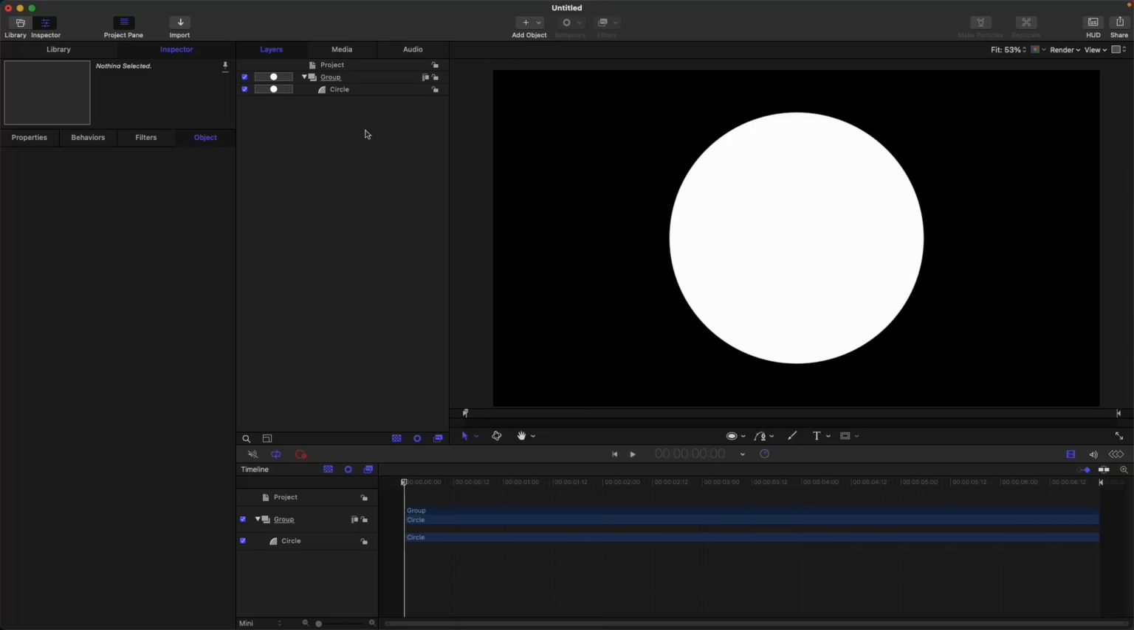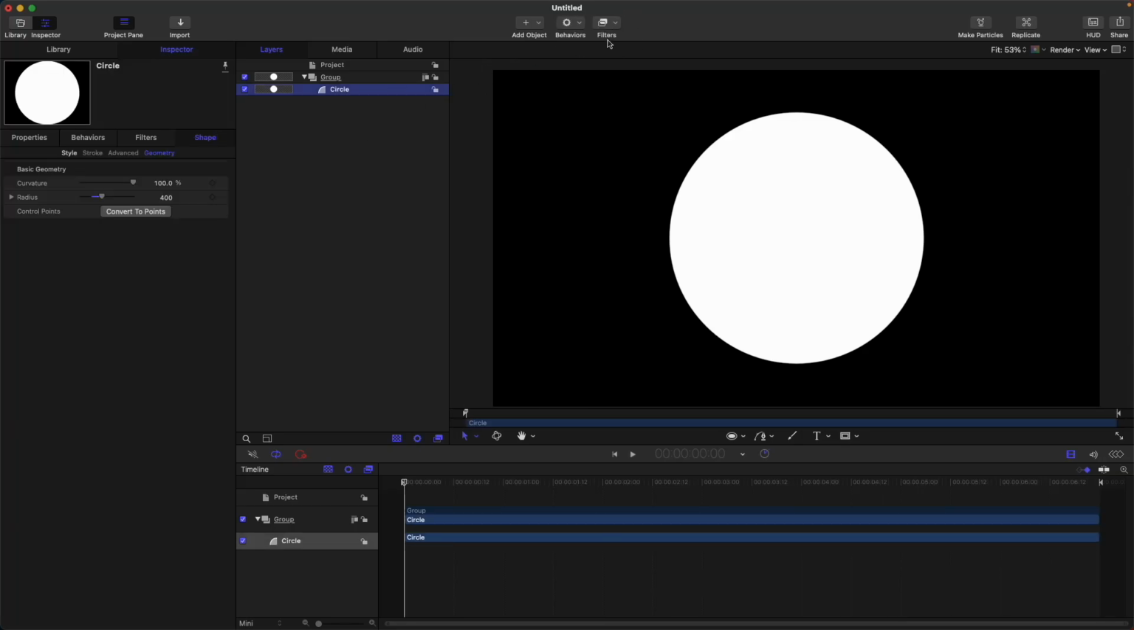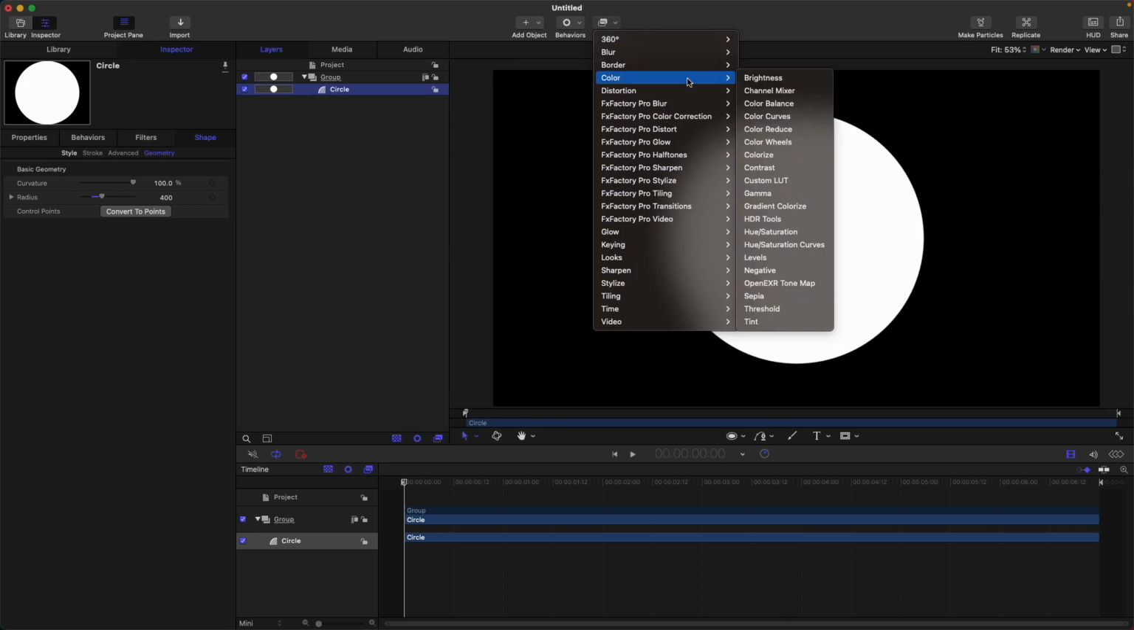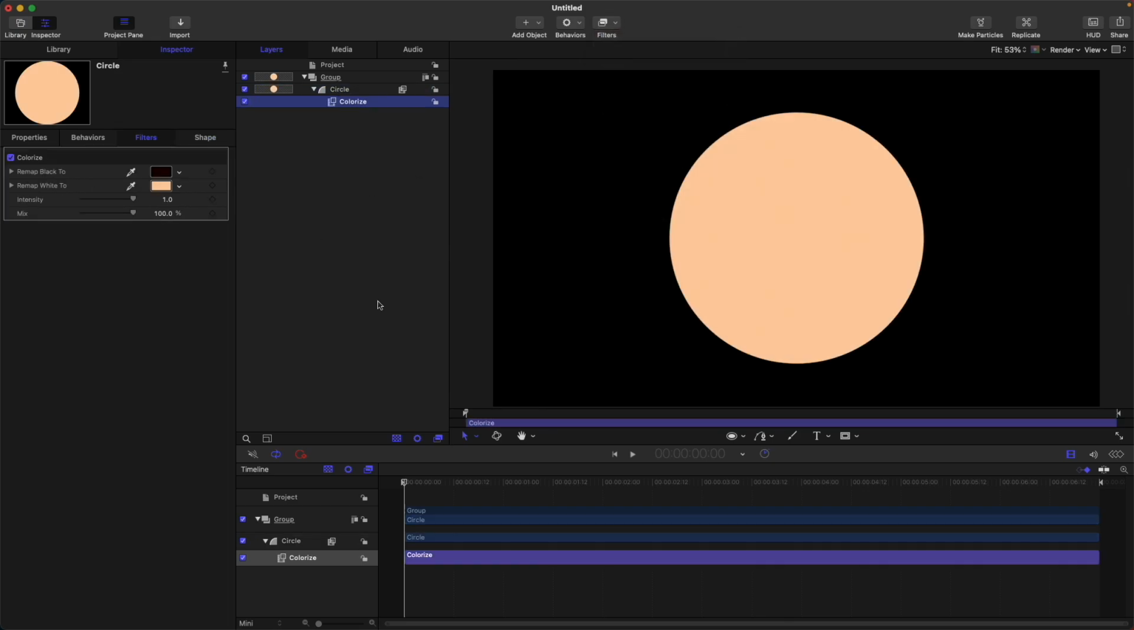Colorize filter can be found here on the filters, color, and colorize. So colorize filter remaps the black to a new color and white to a new color. For example, we have this circle here with a fill of white. If we turn on the colorize filter, you will notice that the filter changed the fill of our circle to